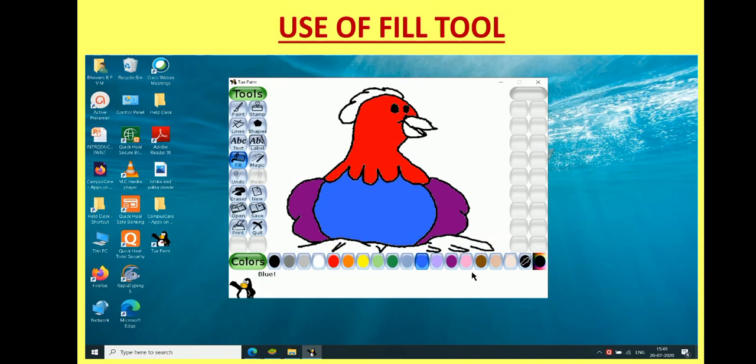So in this way, at once you can fill color in the large part of your drawing with the help of fill tool. Same thing you can do even with the paint brush, but it will take some time.